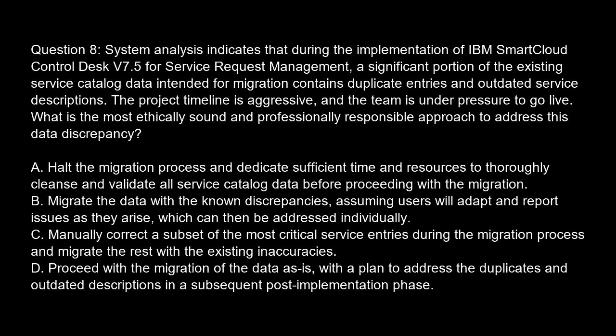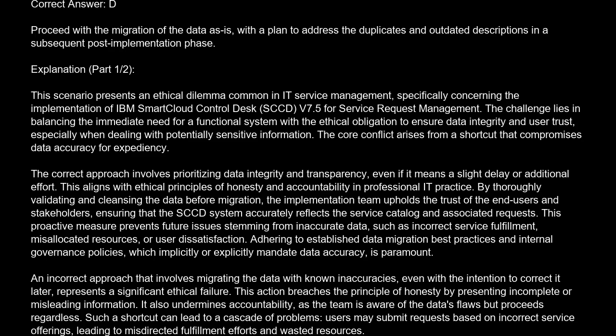Option B. Migrate the data with the known discrepancies, assuming users will adapt and report issues as they arise, which can then be addressed individually. Option C. Manually correct a subset of the most critical service entries during the migration process and migrate the rest with the existing inaccuracies. Option D. Proceed with the migration of the data as is, with a plan to address the duplicates and outdated descriptions in a subsequent post-implementation phase. The correct answer is D. Proceed with the migration of the data as is, with a plan to address the duplicates and outdated descriptions in